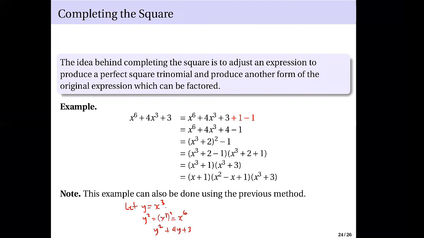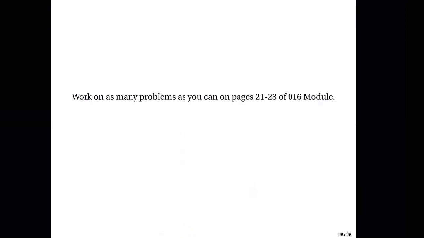Okay, question. So work on as many problems as you can on pages 21 to 23 of the 016 module. There's a lot of problems there. Try to practice on different methods. And yeah, that should be helpful to